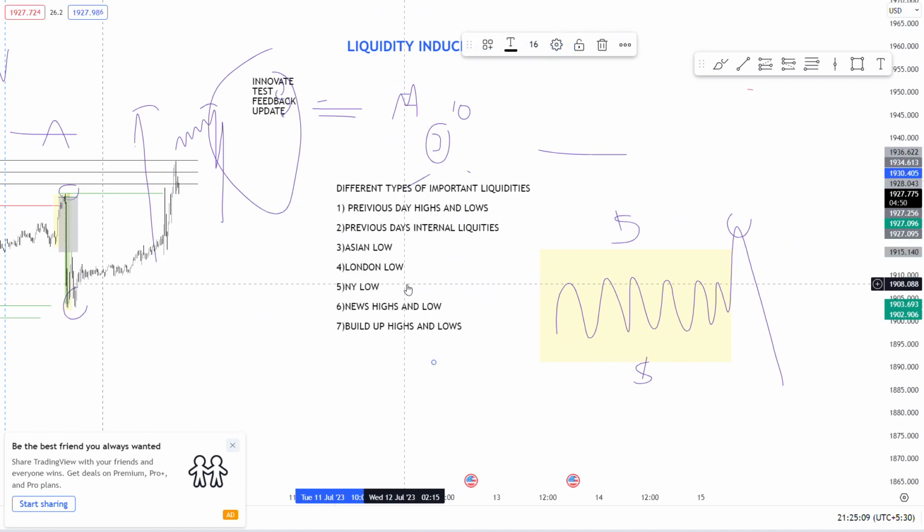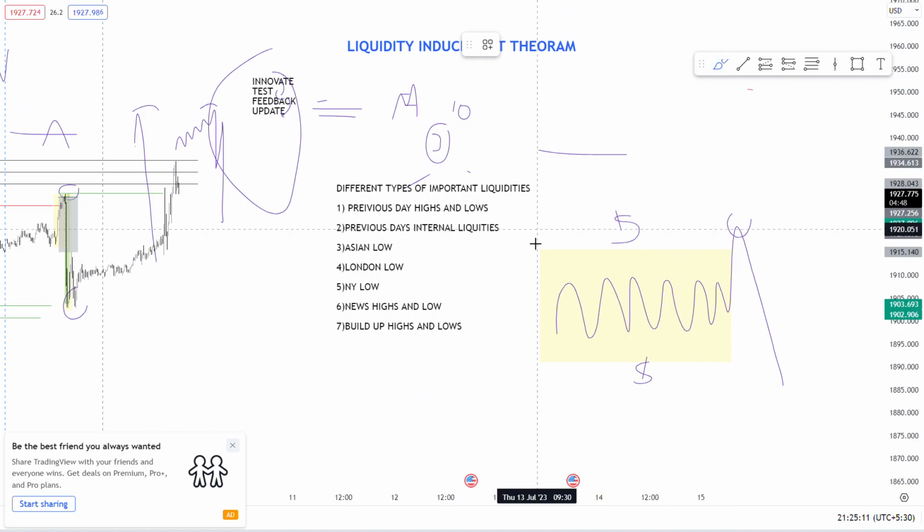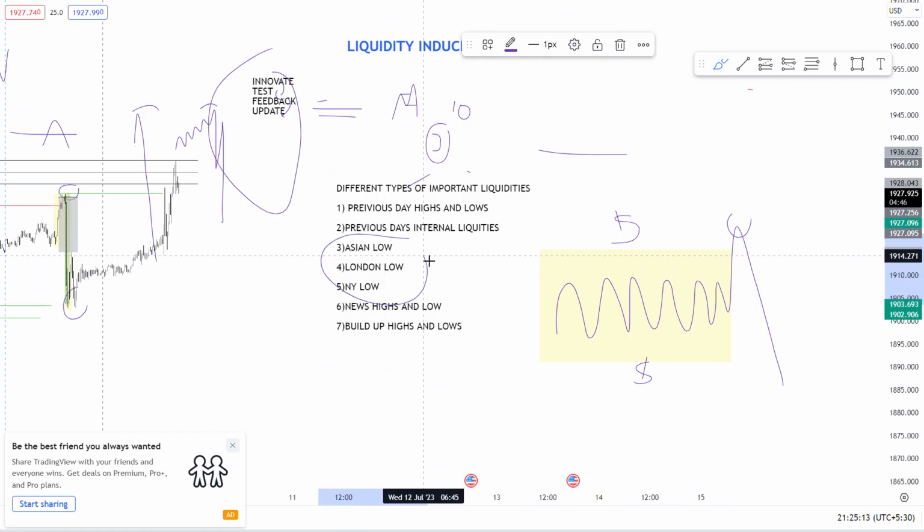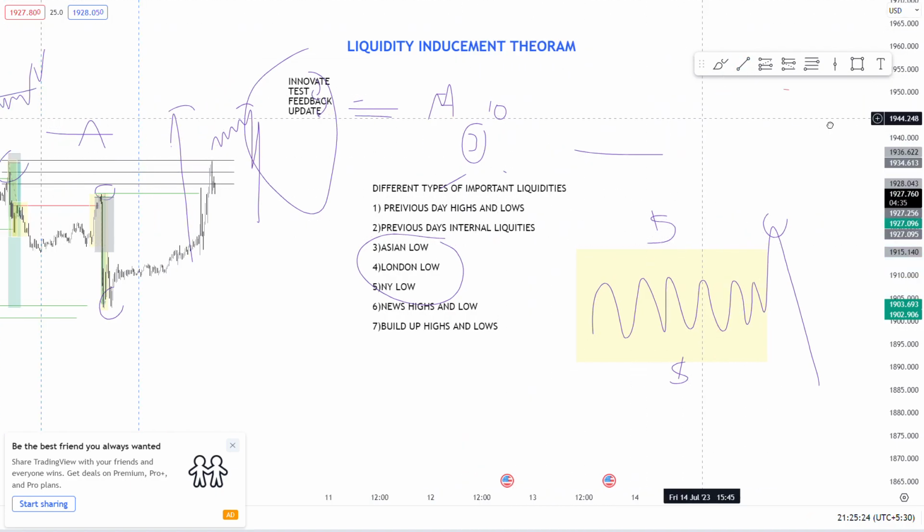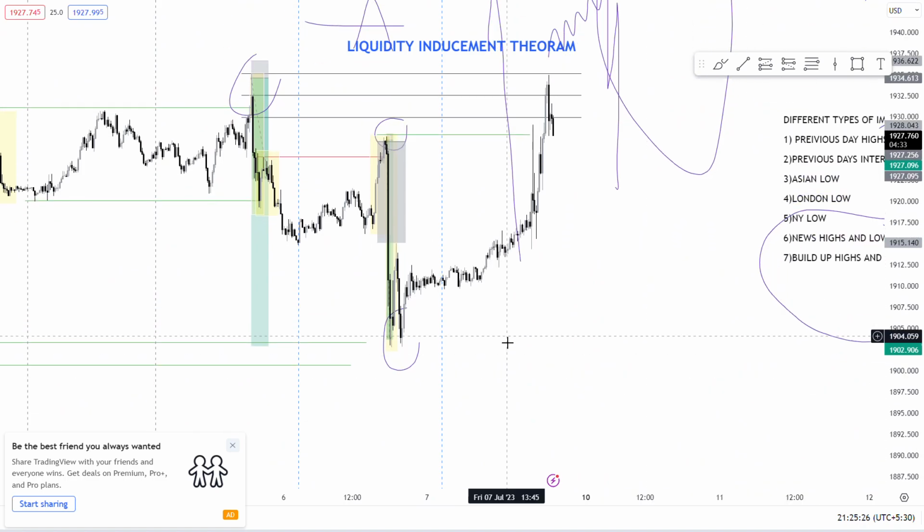So London low and NY low. I want to combine these three: Asian low, London low, and NY low, because these are the sessions. Every session is a liquidity. Every session high and low is a liquidity. I will explain. I will show you the real charts. If you see here,